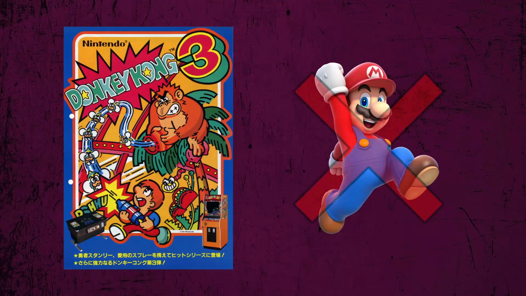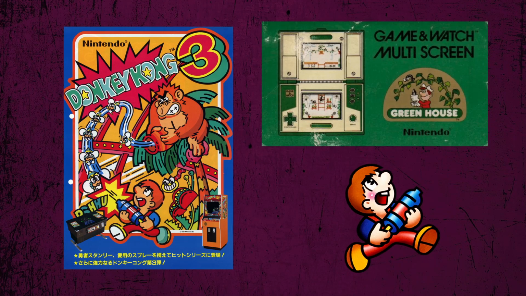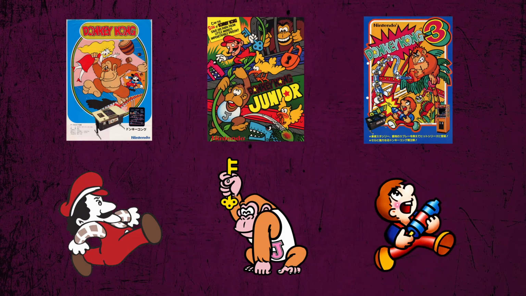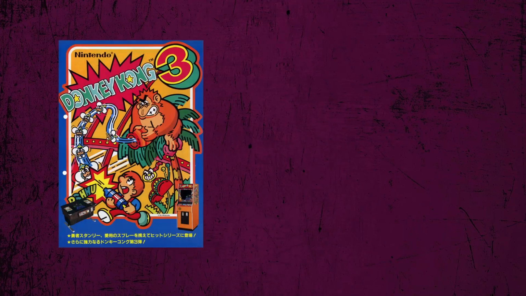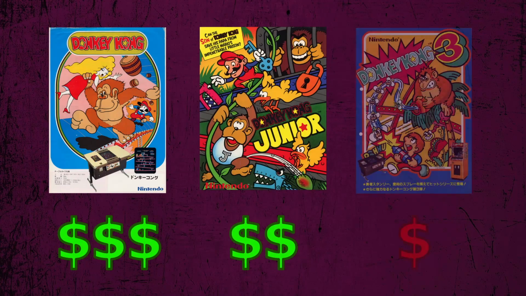Additionally, Mario is completely absent this time around, as you now play as Stanley the Bugman, who was first introduced in Game & Watch Greenhouse. A lot of people find Mario's absence odd, but considering that each game has had a different protagonist, and the primary focus of the series is on Donkey Kong himself, I personally don't find it too far out of left field. Unfortunately for Nintendo, these changes to the formula didn't really pay off, as the game performed significantly worse than